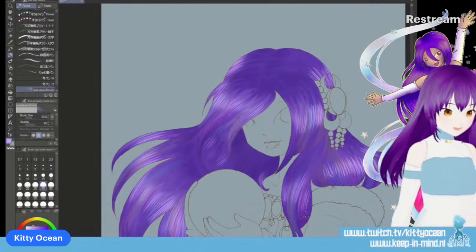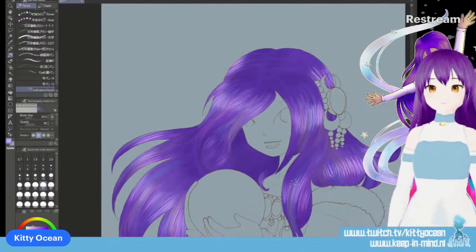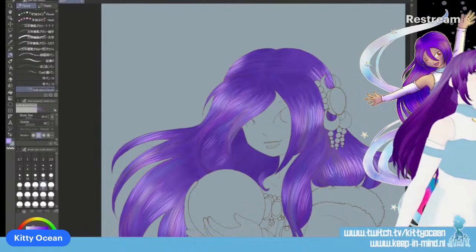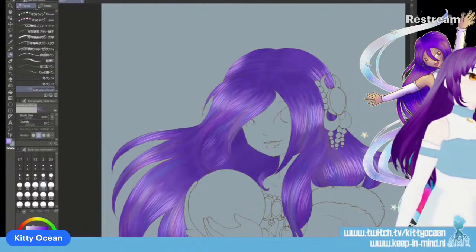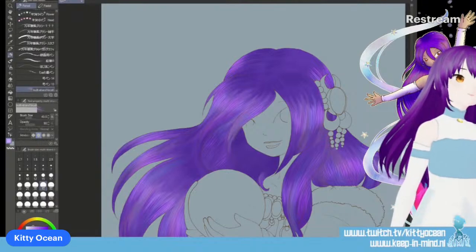They will come at the end. And overlay. Maybe lighten.